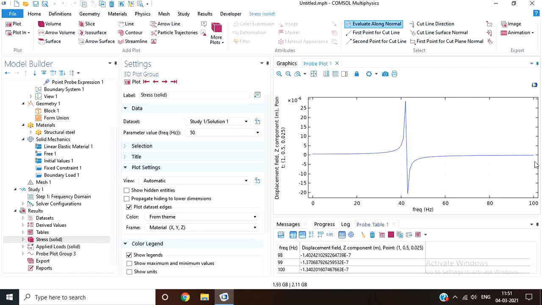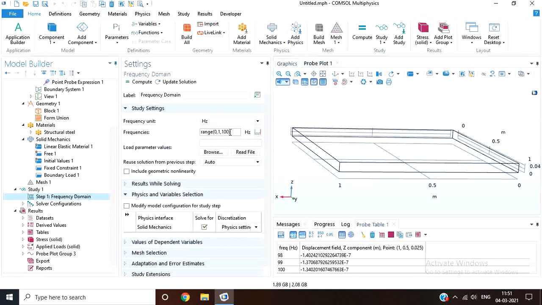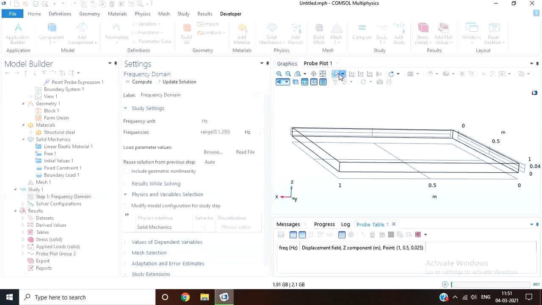So from 0 to 100, you can see that only one resonance is occurring. If you increase it till 200, let's see if there are more resonances occurring between 0 to 200 frequency range.